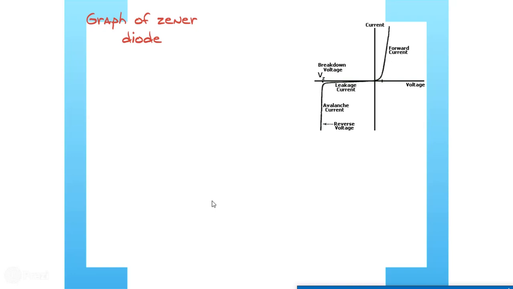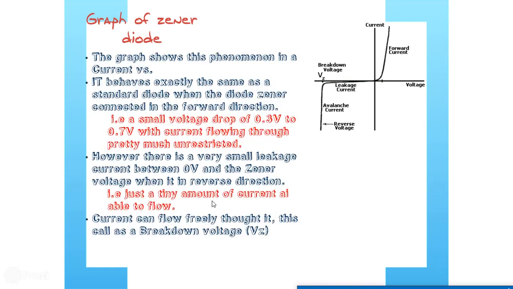Avalanche, in the sense of a continuous or increasing flow. This avalanche current happens in reverse bias, which is contrary to a normal PN junction diode. Even in a PN junction diode we have a reverse voltage and a little current, but here an enormous avalanche current flows in a Zener diode. So this is the theoretical background of the representation. In forward bias, it behaves like a standard PN junction diode, but in reverse bias, current can flow freely beyond the breakdown voltage.